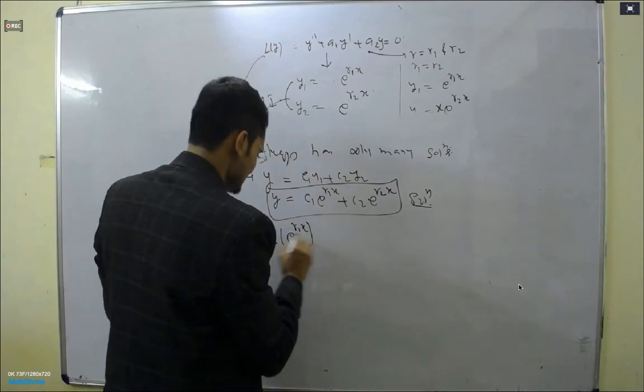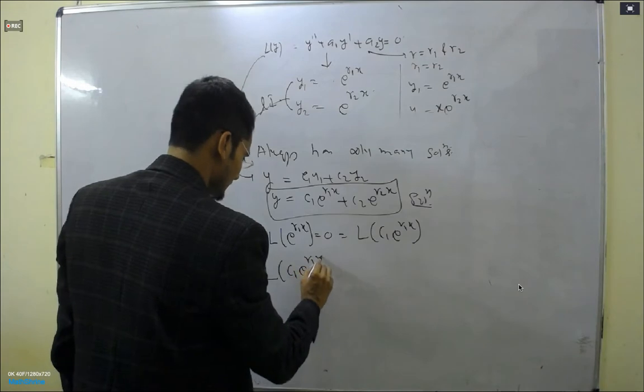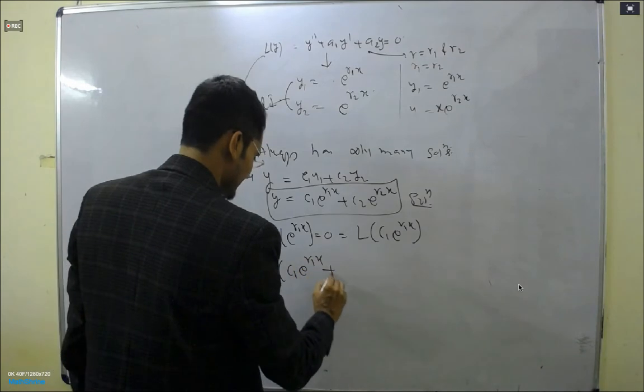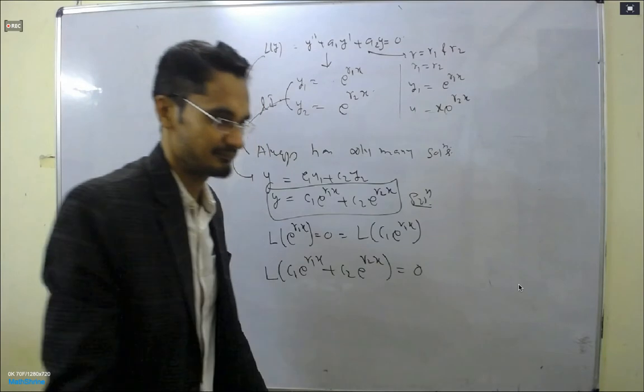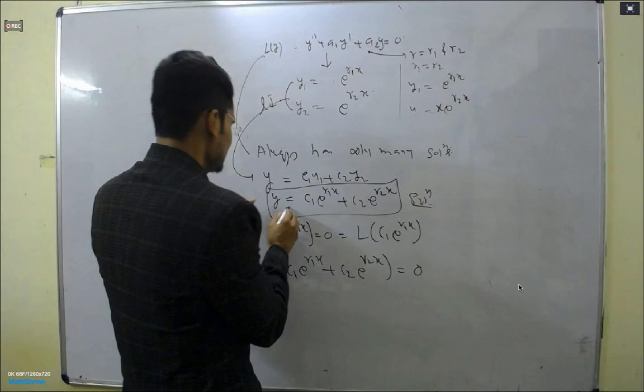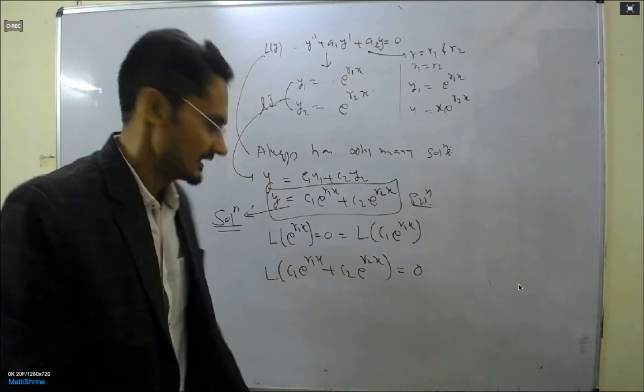There is no reason apart from this. If I write your name, tell me your name. Suppose your name is XYZ, right? If it gives 0, then definitely this XYZ will also be a solution. No problem. So this is the solution. The addition is also a solution because it satisfies Ly equal to 0.